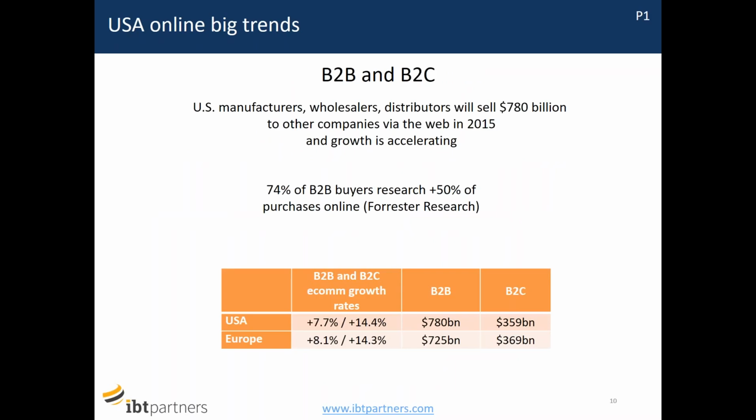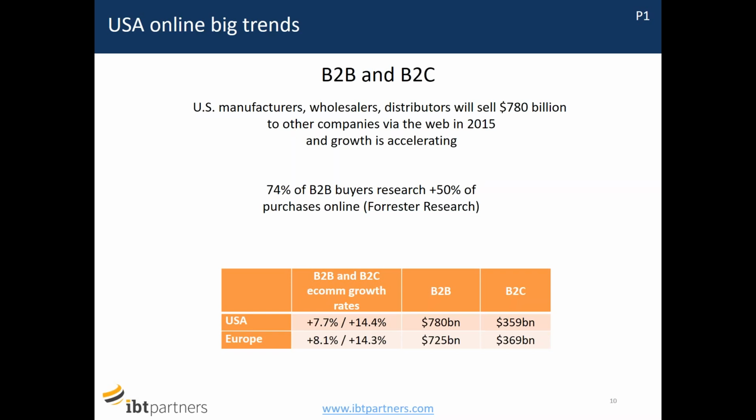And the next two other big trends, obviously, are B2B and B2C growth. So there's e-commerce and m-commerce, both on the B2B and on the B2C side. We all talk about the B2C as though that's the major part. But in fact, the B2B dwarfs it. It's double the size of the B2C markets. And in terms of the U.S., the B2B is certainly growing at over 20% at the moment.